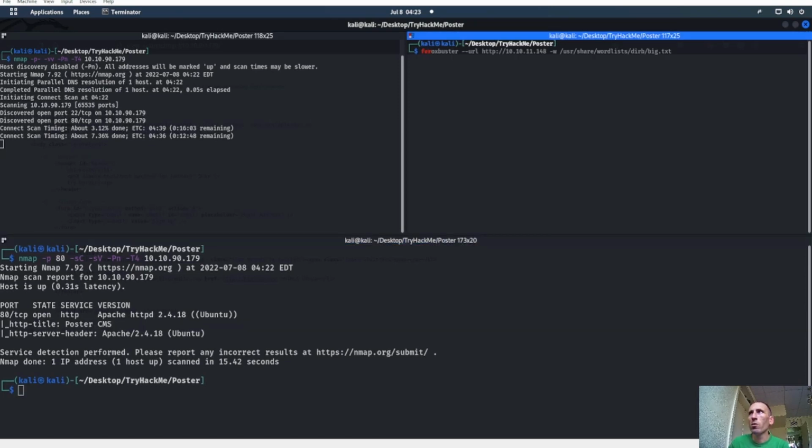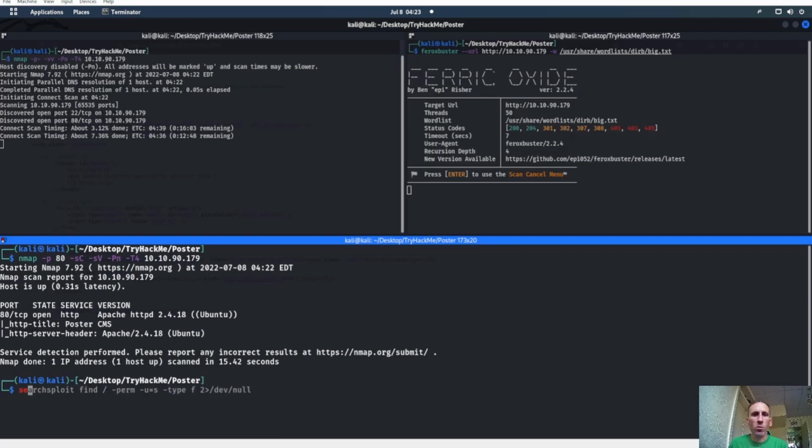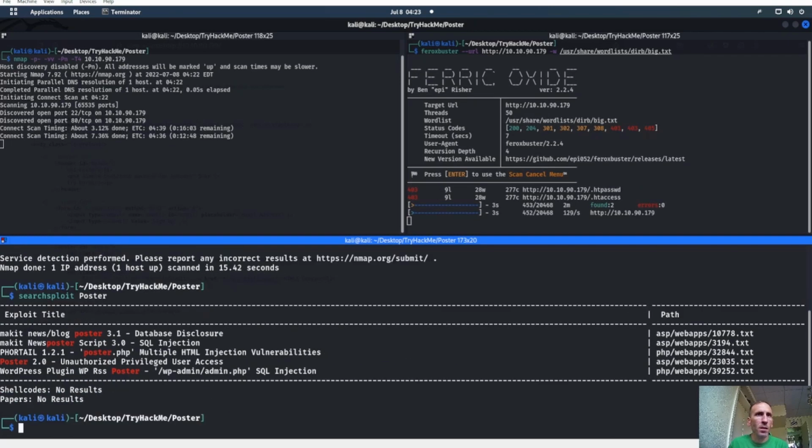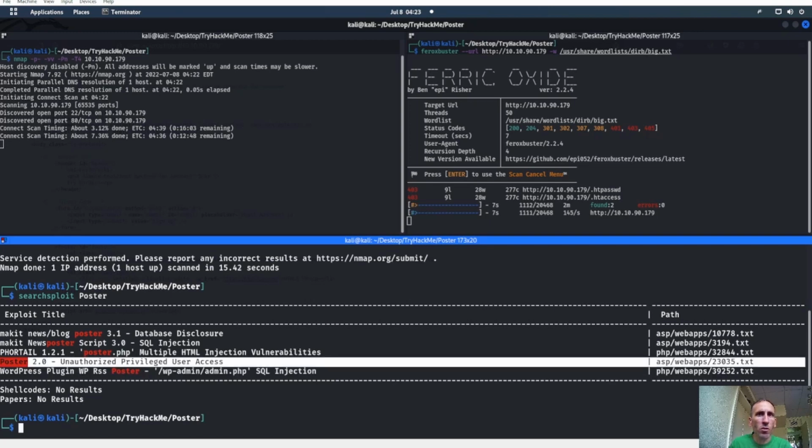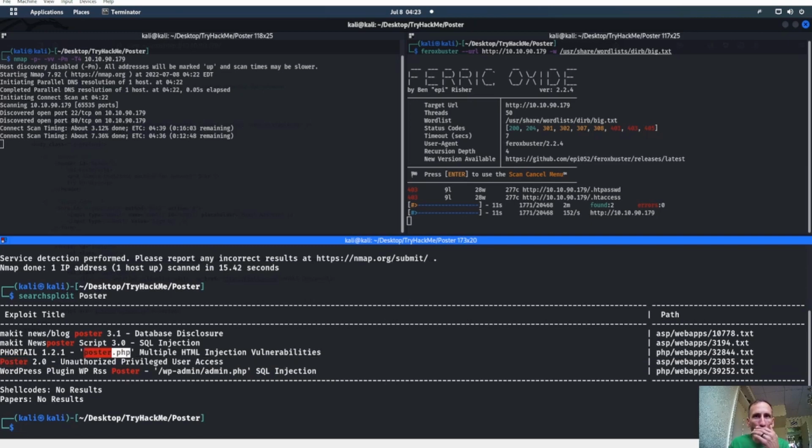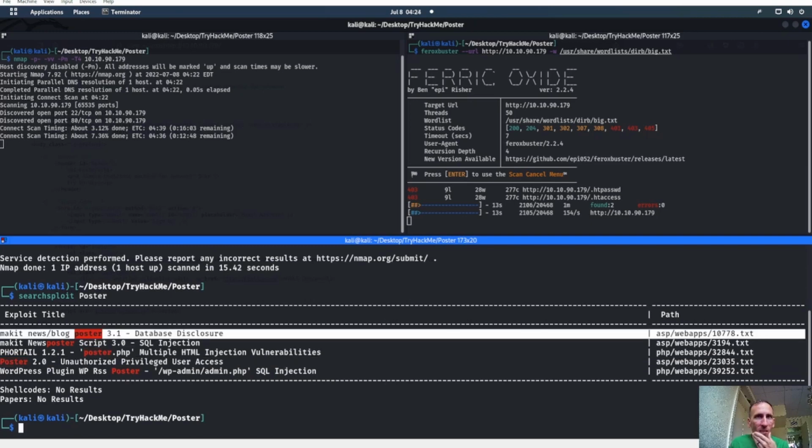I wonder if Poster is actually an actual CMS. I'm about to do a searchsploit on that. Let's go ahead and do a searchsploit for Poster. Looks like it. As well as a WordPress plugin, we have unauthorized privileged user access. That looks pretty good. We got SQL Poster database. I wonder if that's